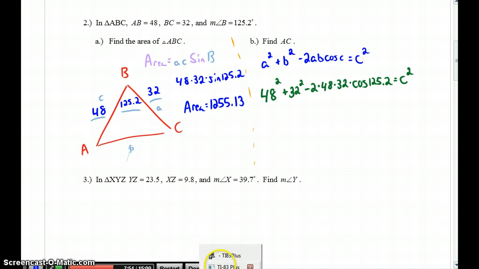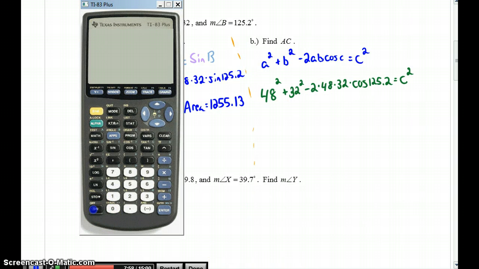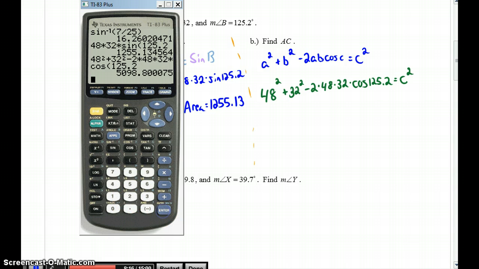The easiest way to go about this problem is to just plug that whole thing in your calculator. 48 squared plus 32 squared minus 2 times 48 times 32 times cosine of 125.2 gets us